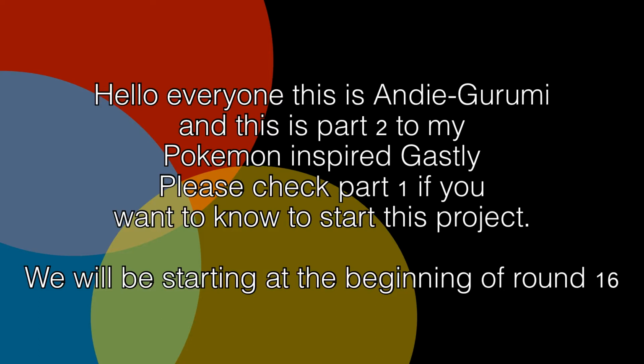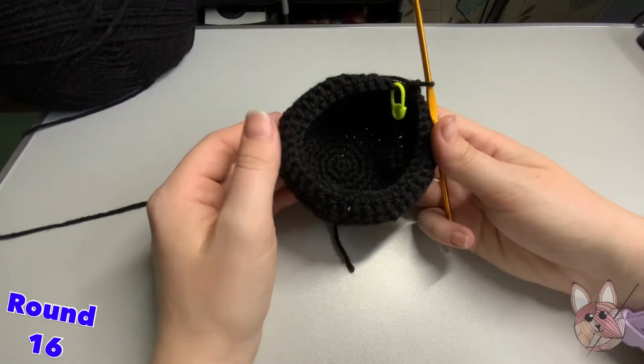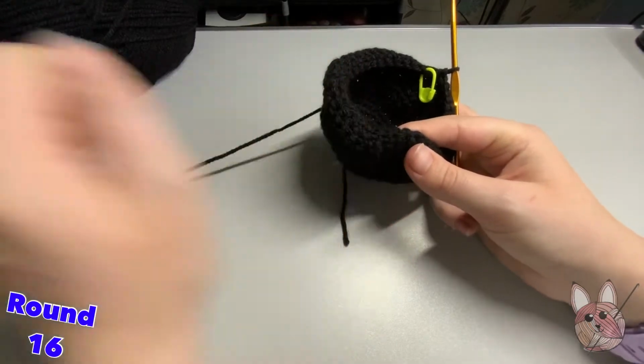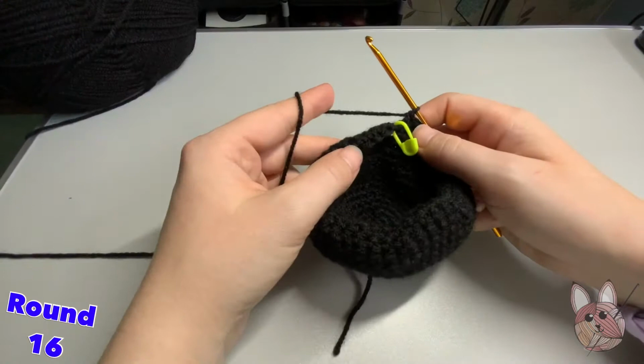Please check part 1 if you want to know how to start this project. We'll be starting at the beginning of round 16, and this round will be another decrease round. I'll get rid of that little bit of white there. So this is a decrease round, and what we'll be doing is